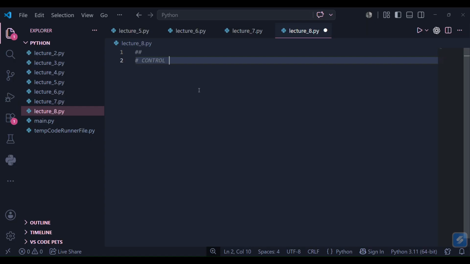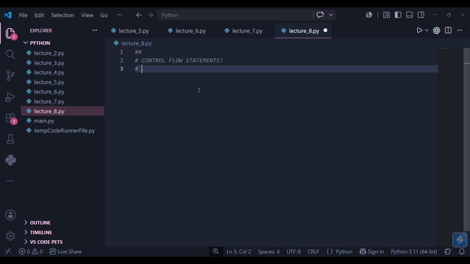Control flow statements. And what comes in it? That is break, continue, and pass. These are the control flow statements,